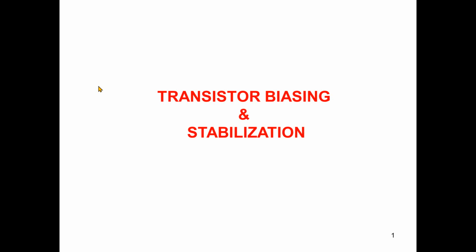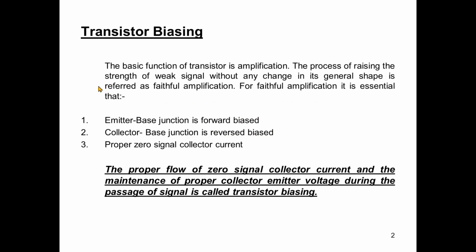In today's video lecture, we are going to discuss transistor biasing and stabilization. First of all, what is transistor biasing? The function of a transistor is actually an amplification process. So, what is amplification? The process of strengthening the weak signal without any change in its general shape, which is